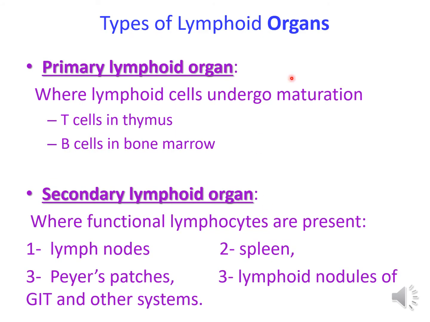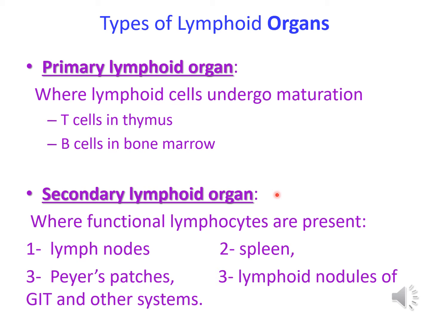If we talk about the types of lymphoid organs, we can divide them into two types: primary lymphoid organs and secondary lymphoid organs. Primary lymphoid organs are where lymphoid cells undergo maturation, that is thymus. Specifically, T lymphocytes mature in the thymus and B lymphocytes in the bone marrow. So initially, the lymphoid cells are formed and get their maturation in the thymus and in the bone marrow, and later on